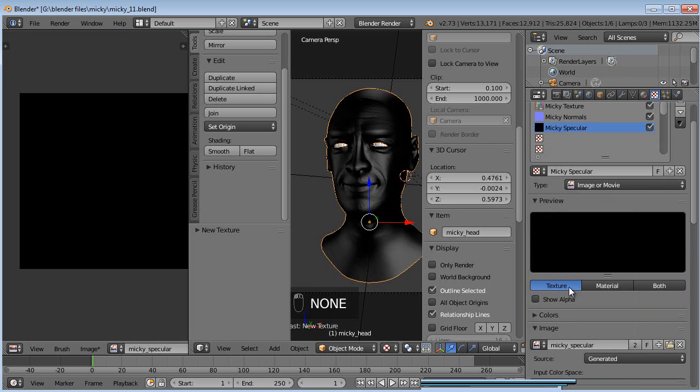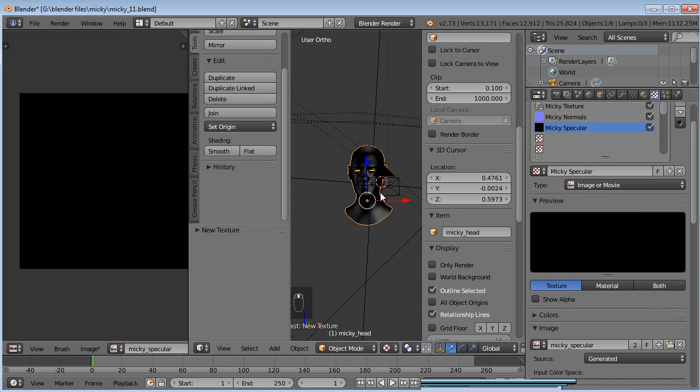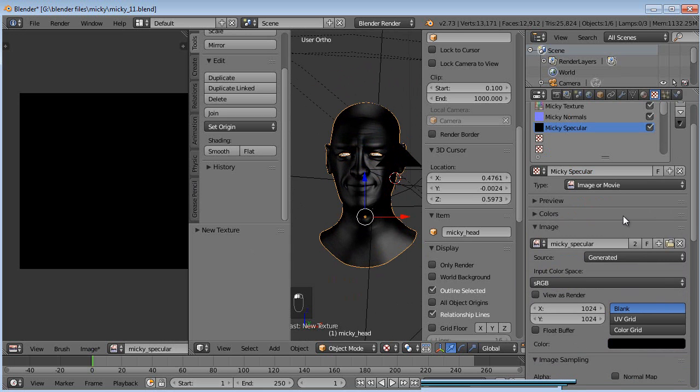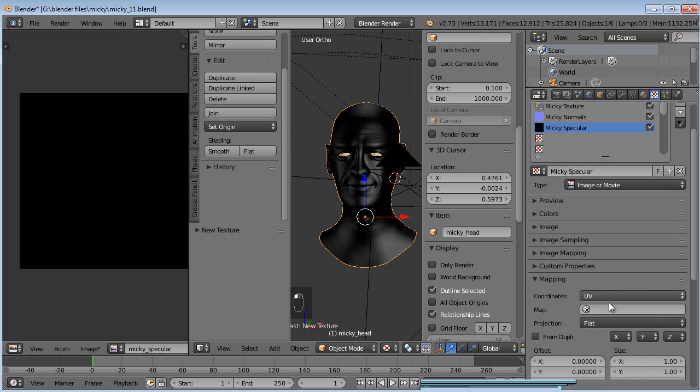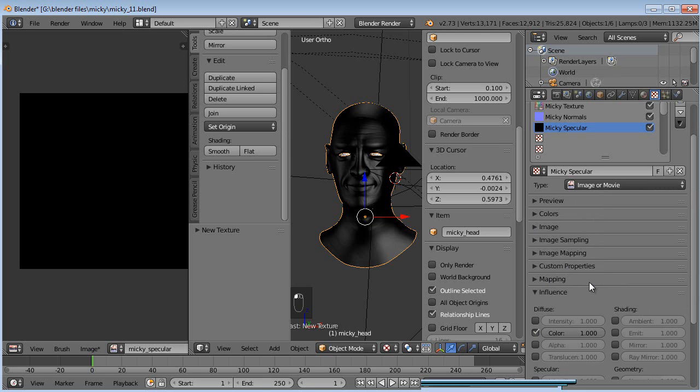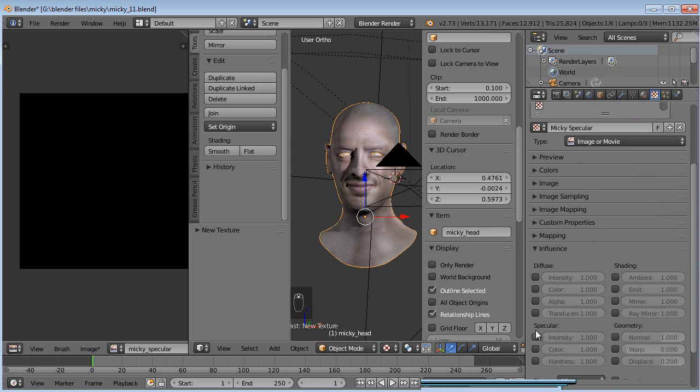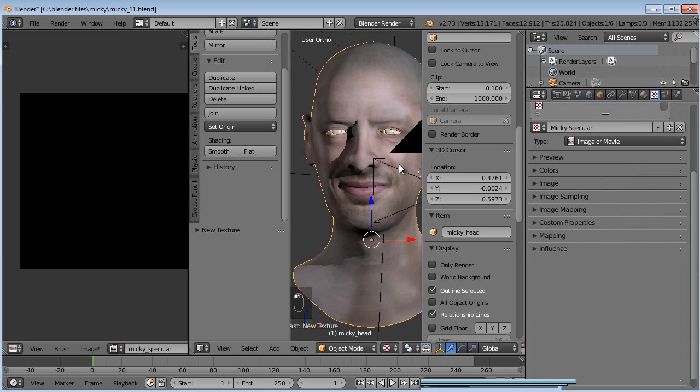There we go. And right now, it turned everything black because we haven't set it to be the proper influence yet. So let's collapse all these guys. And actually, before we do that, image mapping, there we go. UV, it's already set, so let's make sure it's going to UV map. There we go. We don't want it to affect the color. We want it to affect the specular setting. So we'll go ahead and click these three guys here. As you can see, he turned very dull,